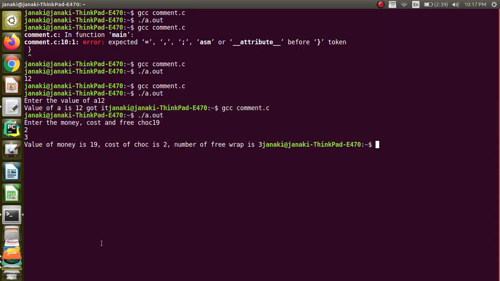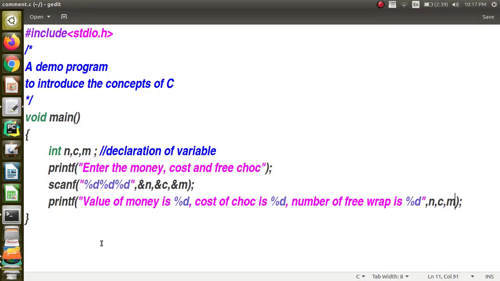Now what we will do is we will try to solve the problem. So you have got the values. Now I want to know how many total chocolates the child is going to get. So I am going to have a few more variables: chocolate bought, free chocolate, and then total chocolate.